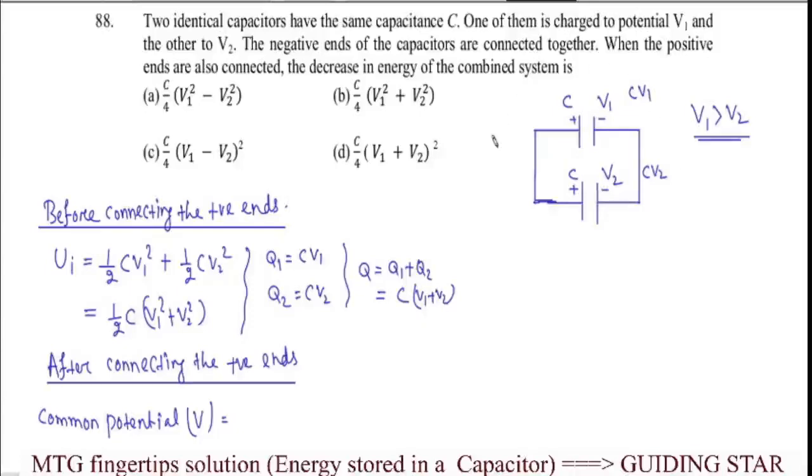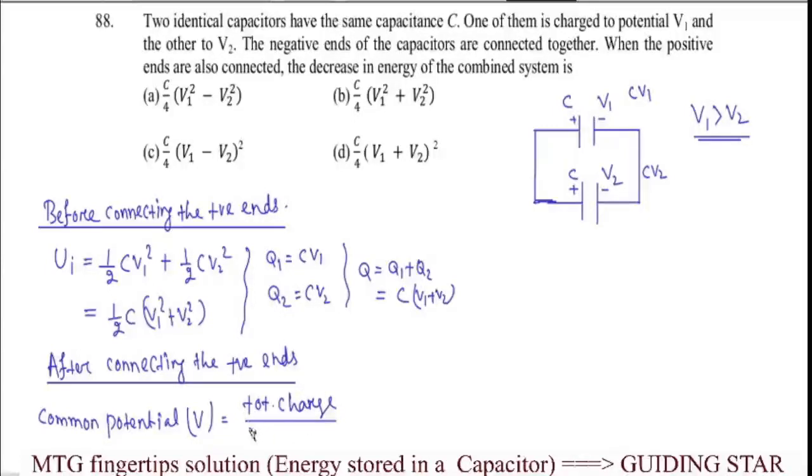So after connecting here, as there is no external source, so these charges will get redistributed over here. That means there will be no loss of charges from the system. तो पूरा जो टोटल सिस्टम से चार्जेस का कोई लॉस या फिर कोई गेन नहीं होगा. तो टोटल चार्ज यहाँ पे कितना रहेगा? टोटल चार्ज, so that will be total charge